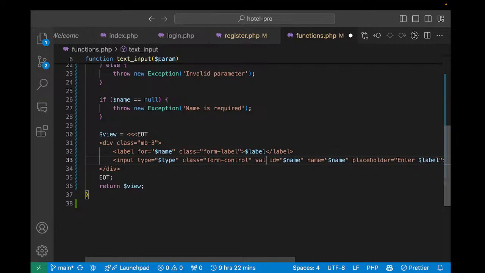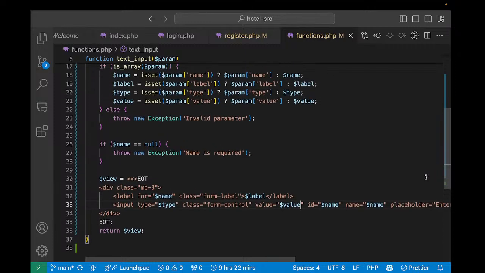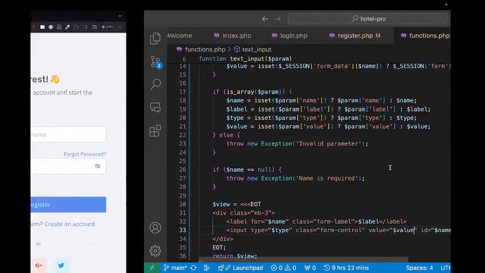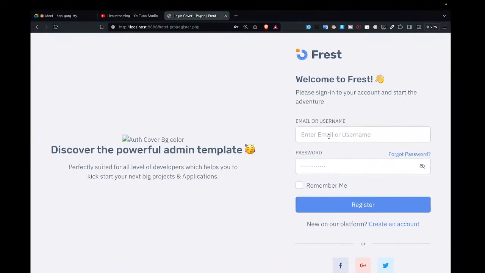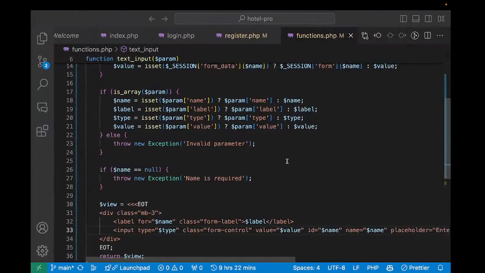Of value equals to, open bracket, and then put the value, something like this. By doing it like that, we should be able to receive the values of something that we have set. So if I come and refresh here, you'll see everything is okay. Now, if I come back,